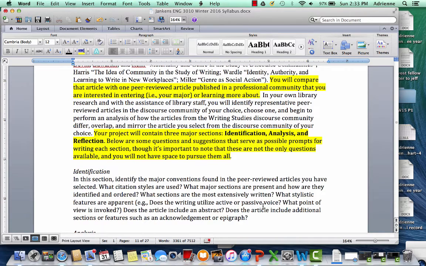You're going to write this project using 3 major sections: an identification section, an analysis section, and then a reflection in which you start to tie together the things that you're learning through doing the analysis.